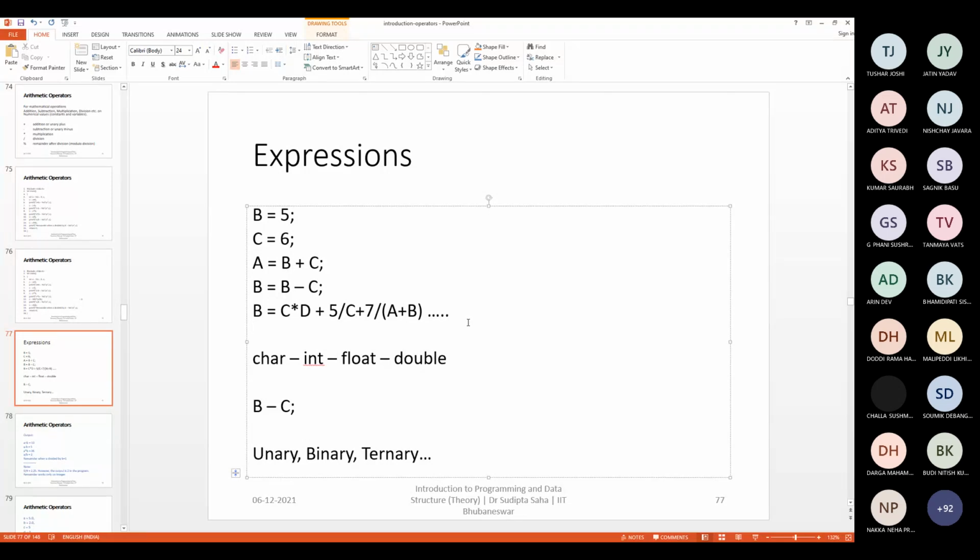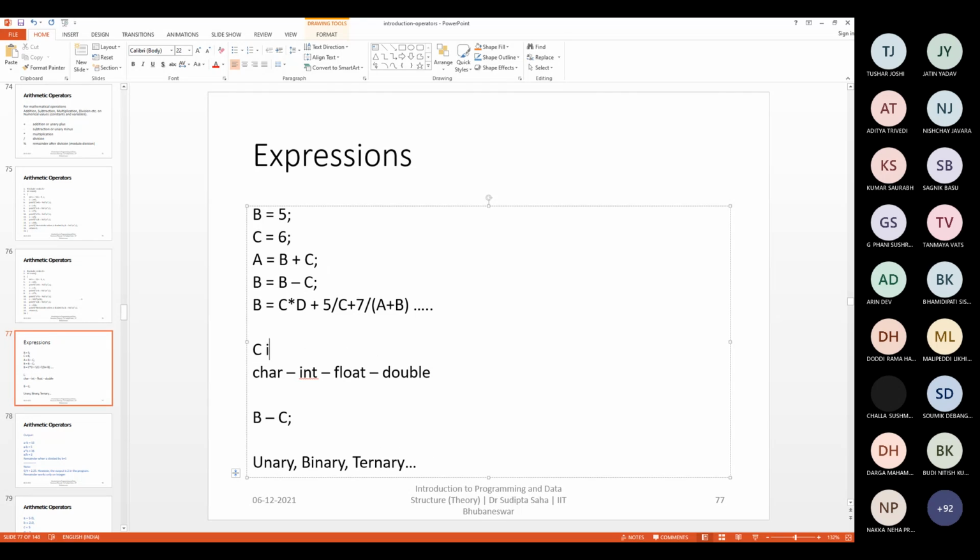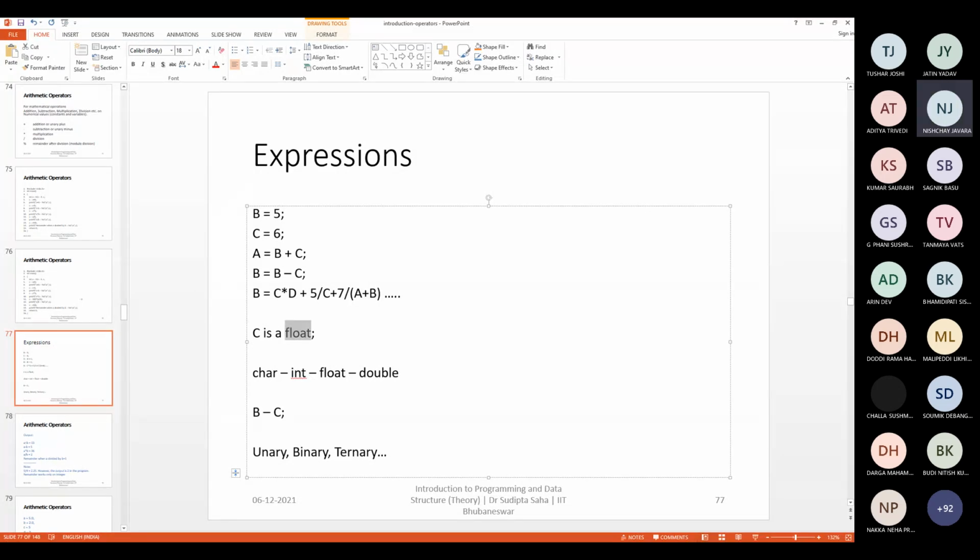The question is very simple. Take this particular example. Imagine C is an integer, D is a float, and 5 is an integer. So will the division 5 by C be correct?